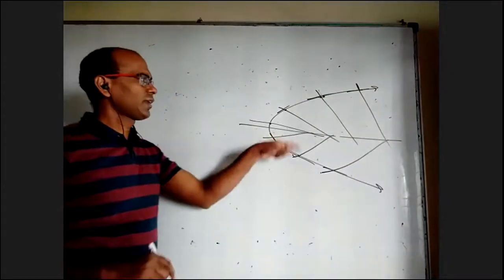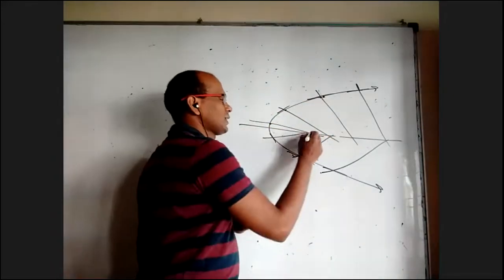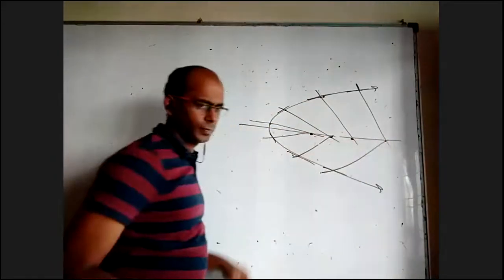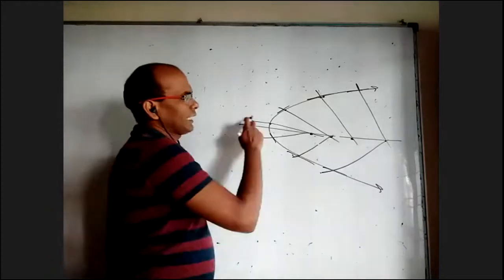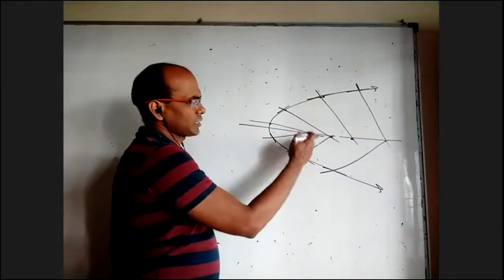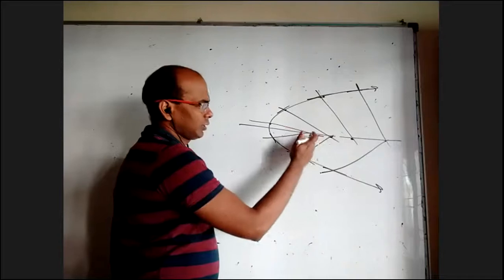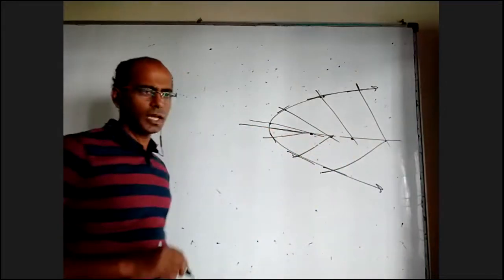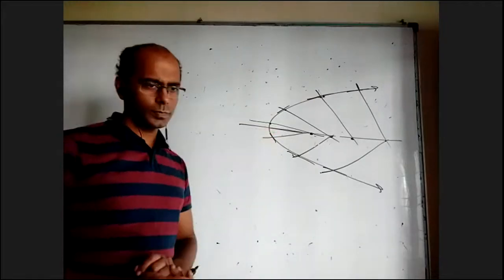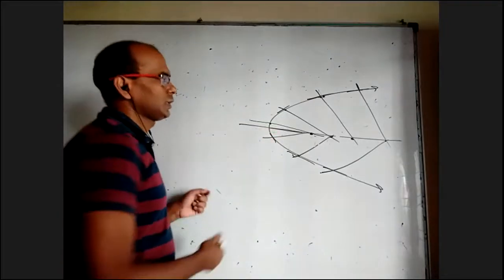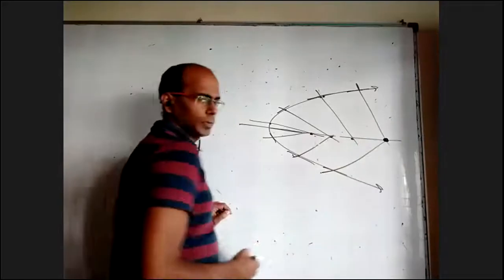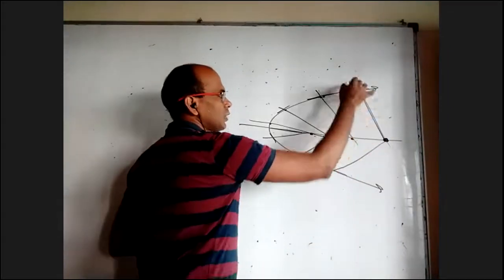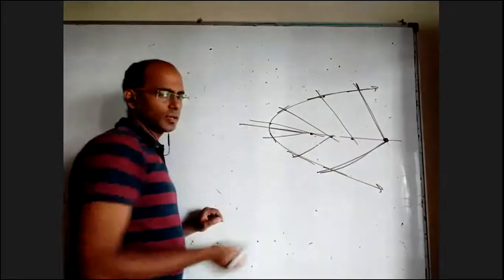You'll see for every normal, they will intersect the x-axis at different places. But you take any normal where it is intersecting the x-axis, that point will lie somewhere here and here. But you see, there is some region which is uncut by any one of the normals. Another way of saying is, if you take a point here, through that point you can draw three normals, 1, 2, and the x-axis itself is a normal.